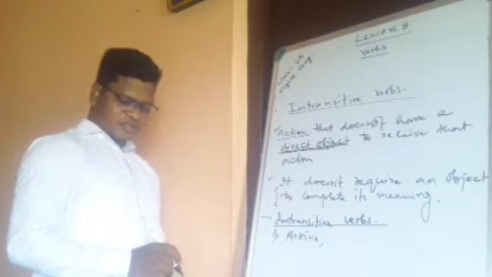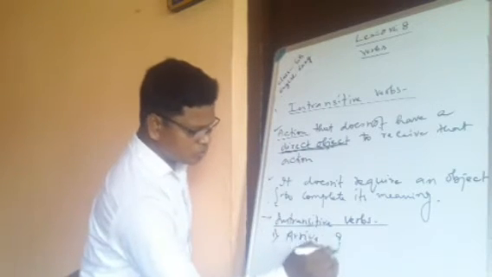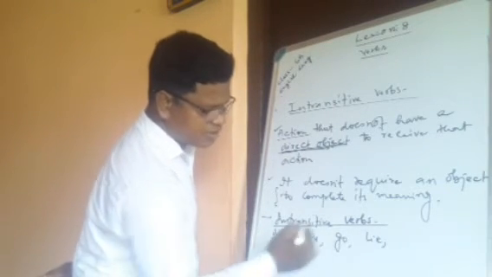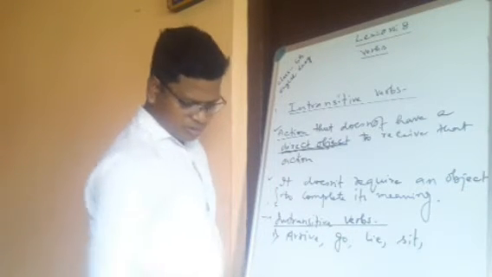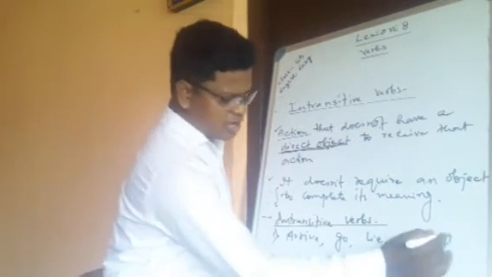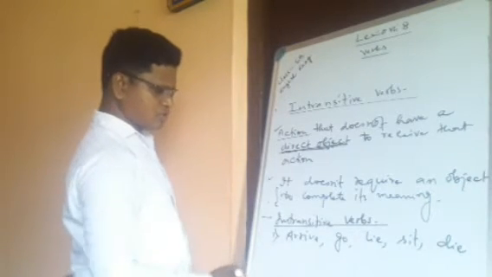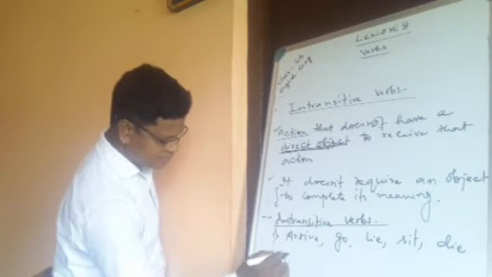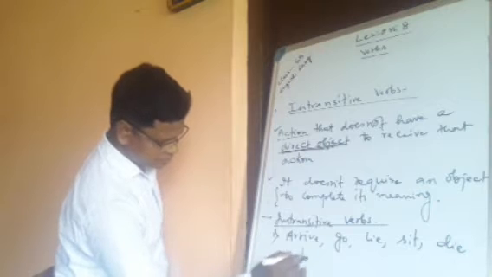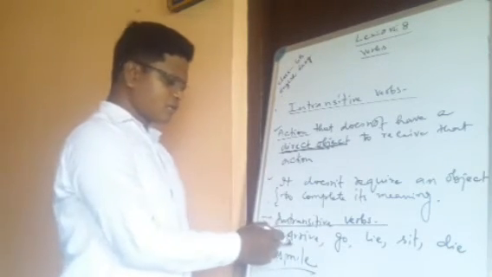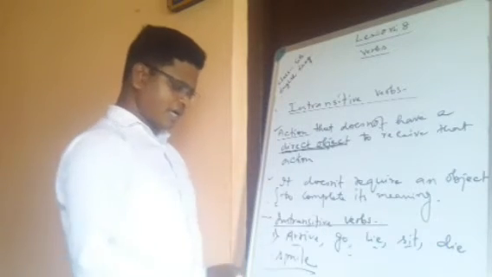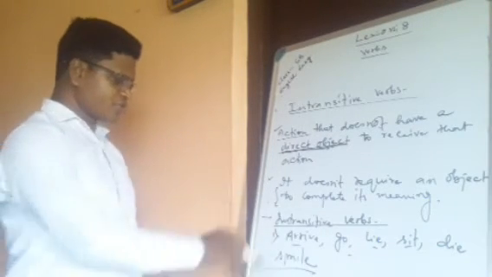Then we can write go. Then lie. Then sit. Then we can write die and smile. These which I have written, arrive, go, lie, sit, die and smile, are some of the examples of